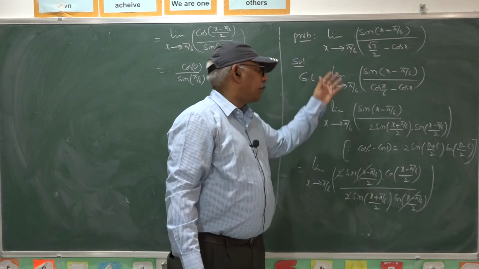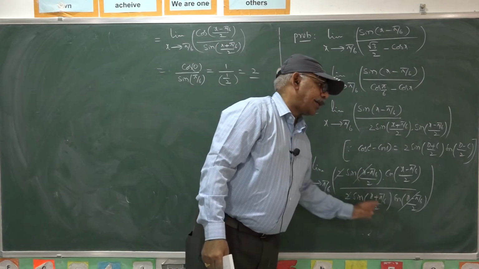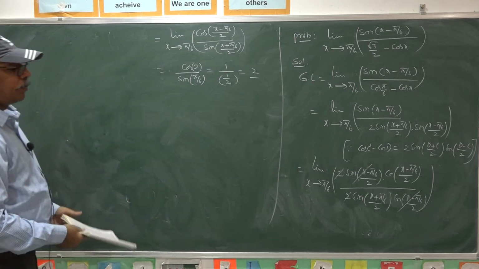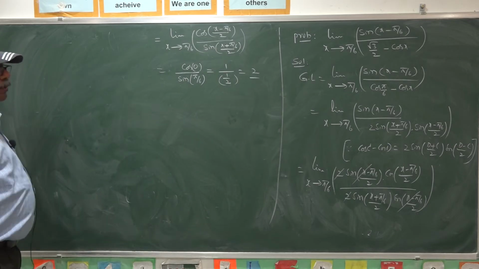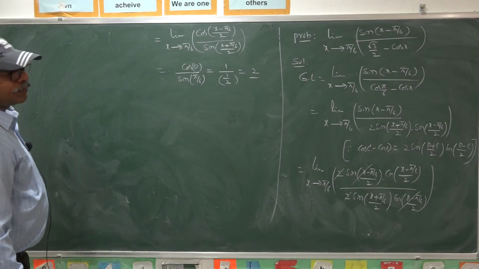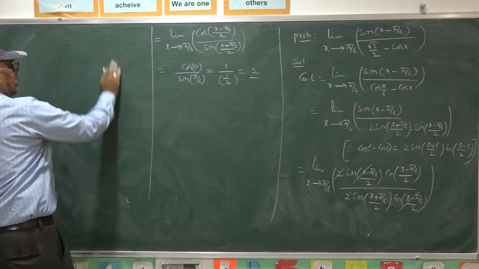So, just by simple trigonometric operations, we are able to find the common factors in the numerator and denominator, and by removing the common factor which causes the limit to be indeterminate, you can find the value of the limit as a finite value. That is the procedure evaluated here.